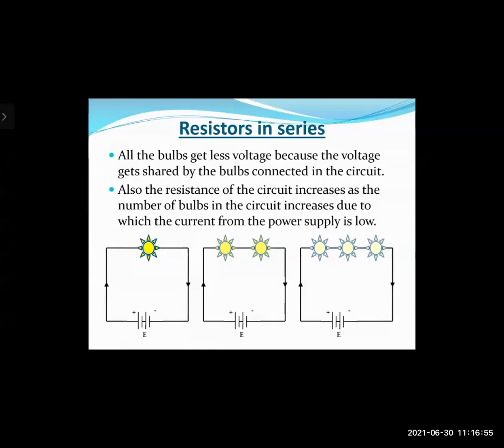Yes, now because there are three bulbs and I had told you that any electrical appliance will act as a resistor. So because there are three resistances, what will happen? The overall resistance will be high. And we had learned in Ohm's law, V equals to IR, or current flowing to the circuit is directly proportional to the resistance. So if the resistance is high, the current will be low, right? So because the resistance is increasing, the current will decrease and hence the bulbs will glow dimmer, right? So this is how we have studied the concept of resistance in series.